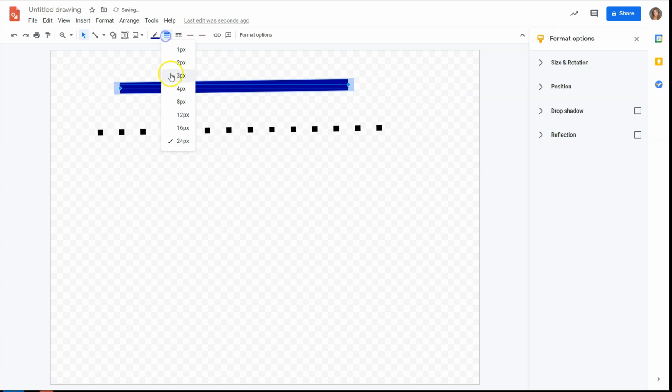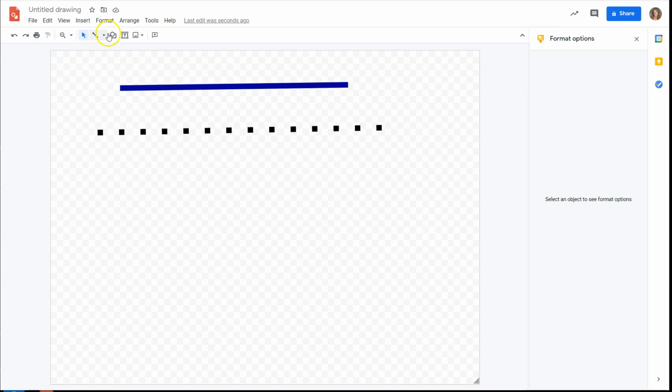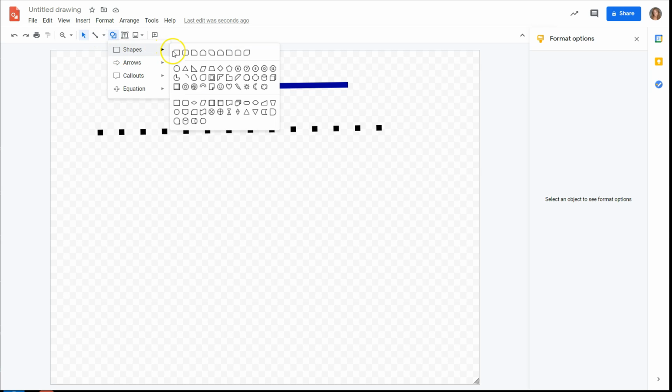And I'm going to make it a little bit thinner so it doesn't look so goofy looking. Okay, so I am going to show you the, by the way, there are plenty of other dashed lines. There's dashed lines, dashed and dotted, dashed, all kinds of things here that you can do. So the next thing I'm going to do is I'm going to come down here and grab a simple shape,